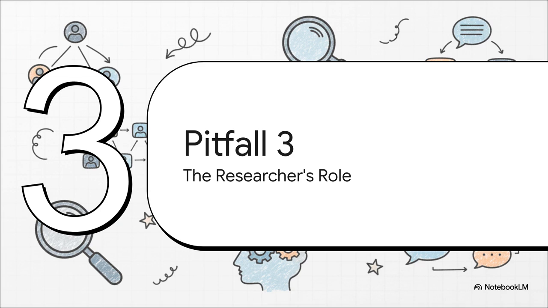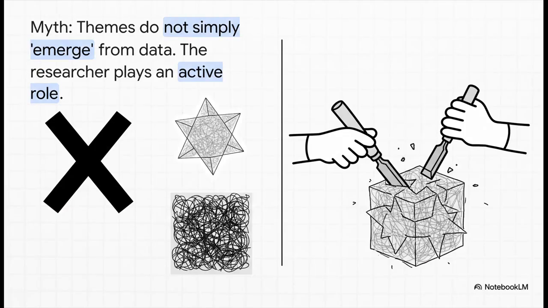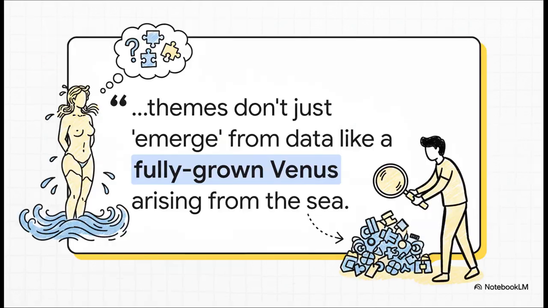this whole process. There's this really common idea that themes are just kind of sitting there in the data, just waiting to be discovered, that they'll just emerge if you stare at your transcripts long enough. But that idea is just fundamentally wrong. This quote from Braun and Clarke's original 2006 paper says it all. They say that themes don't emerge from data like a fully grown Venus arising from the sea. It's such a brilliant image, right? It just shows how absurd it is to think that these complex themes are just these pre-existing things we simply